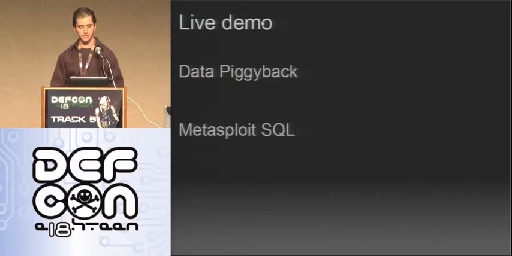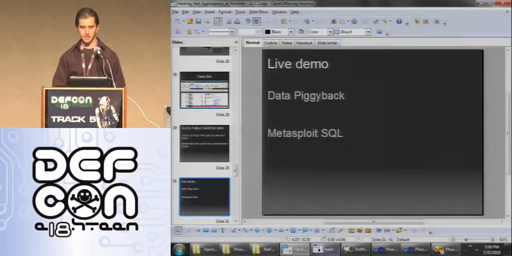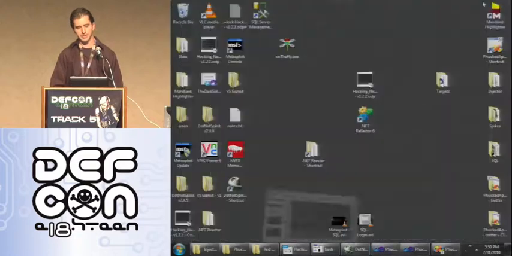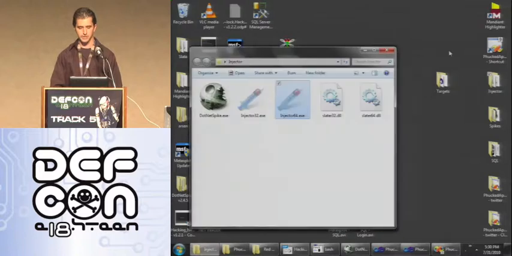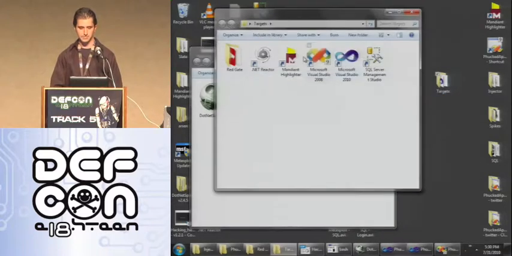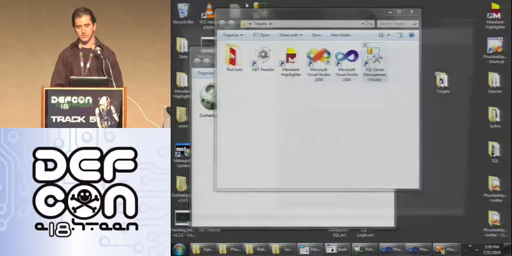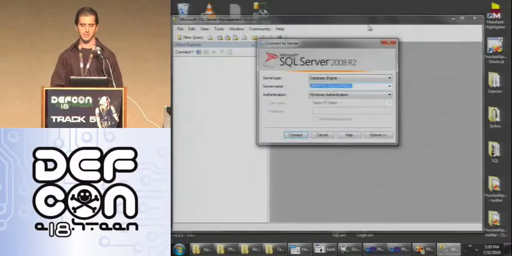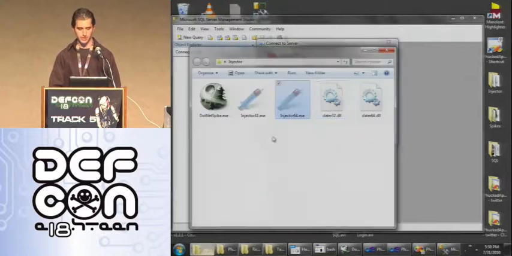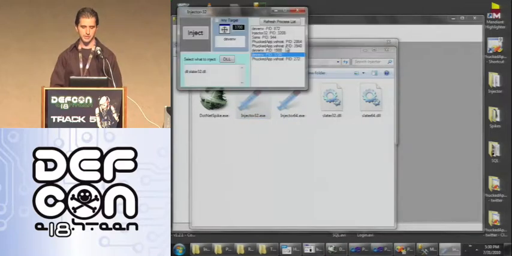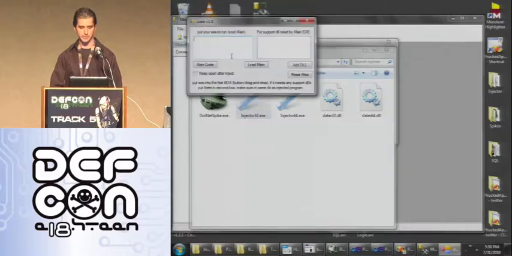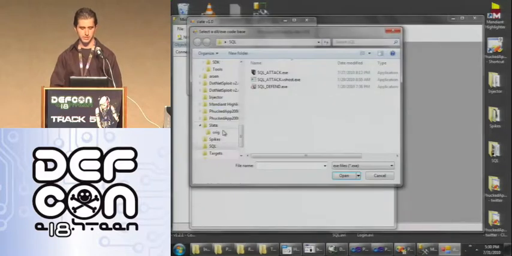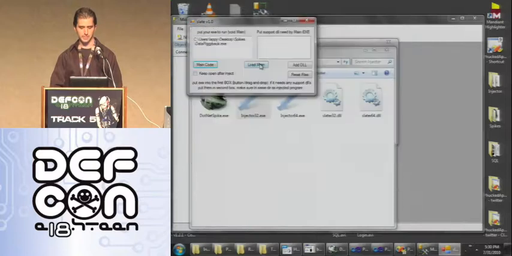So some of the other fun ones that we also have is data piggybacking. The basic premise of this is the same as the other ones. Once you're inside of another target application, you can send whatever you want. So, SQL Server Management Studio. You make it into someone else's machine through some exploit, and you're unable to get back out to the net, but SQL Server has a valid communication portal, and you leverage its credentials to get you back out to the net. So we inject into it, we select data piggybacking,